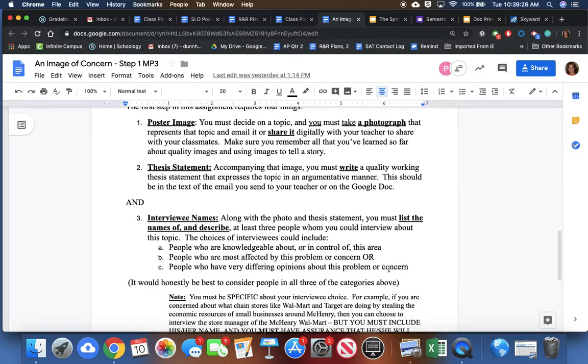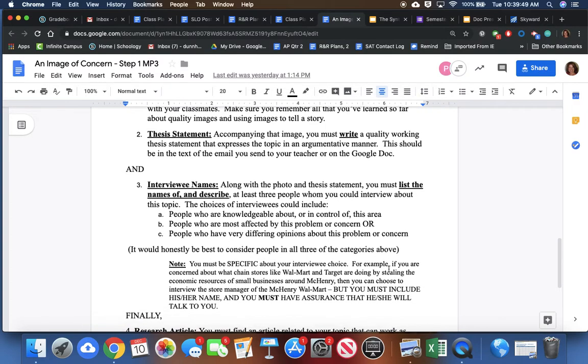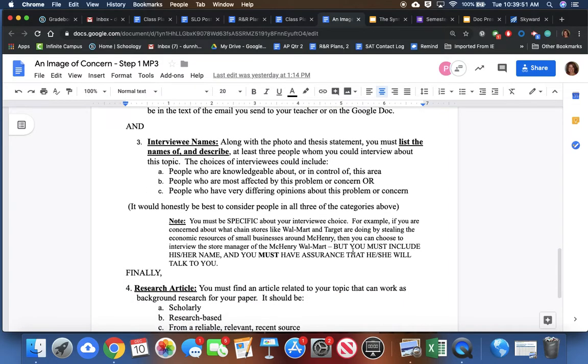So then I said what you wanted to do is think about a photograph that you could take that could serve as the background of a poster and share it with your teacher. You're going to be doing that right now during class. And then a thesis with the image that is a working argumentative thesis, a split thesis. And that should be in the text of the email that you send or the Google Doc that you share